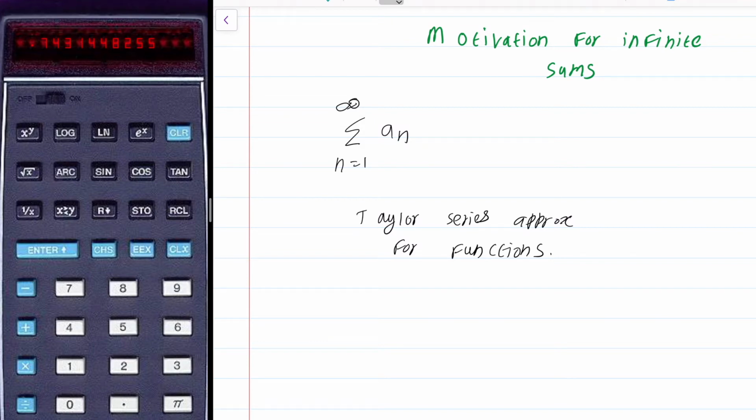So there is a real world application of infinite series, that is to compute the values of familiar functions like sine, cos, tan, log, exponential, etc. And that is done using Taylor series. So that's one real world application. But as I had mentioned, this application just uses a finite approximation. It doesn't sum up an infinite series, but just uses the sum of the first 10 or 15 terms typically to get a good approximation.